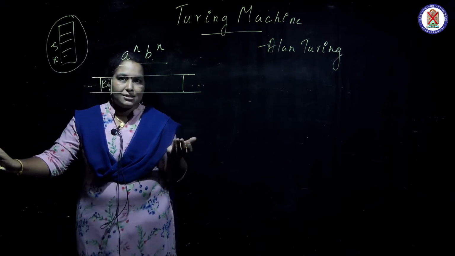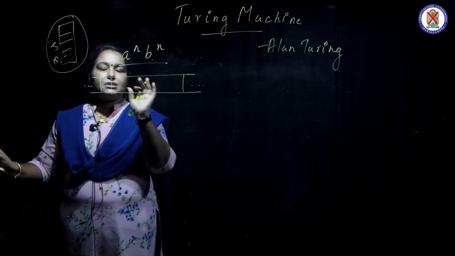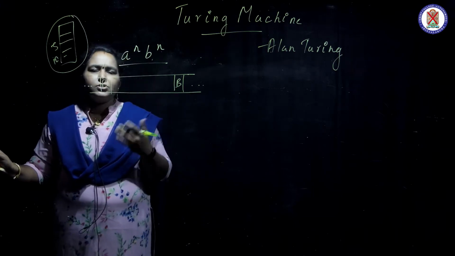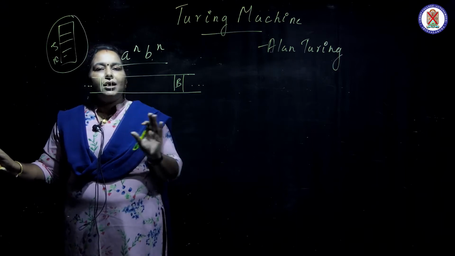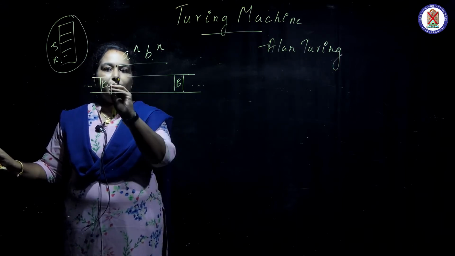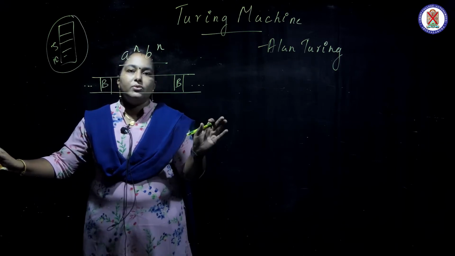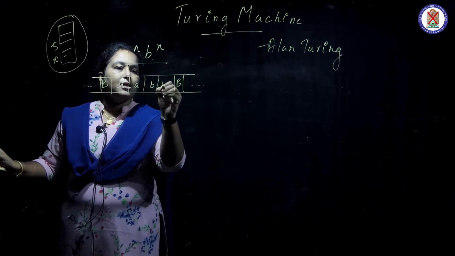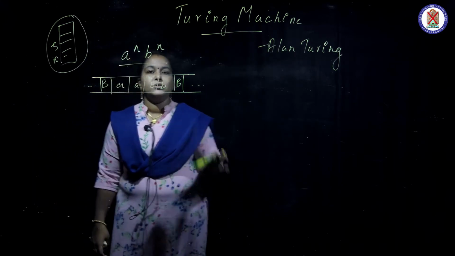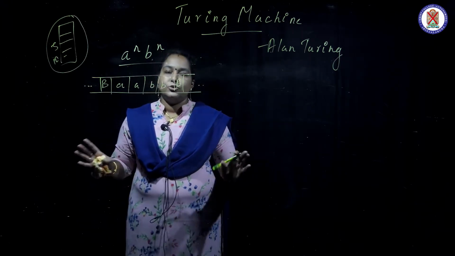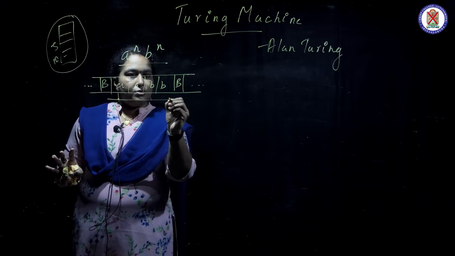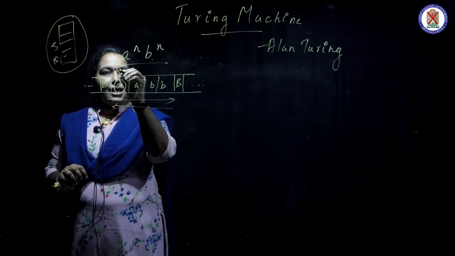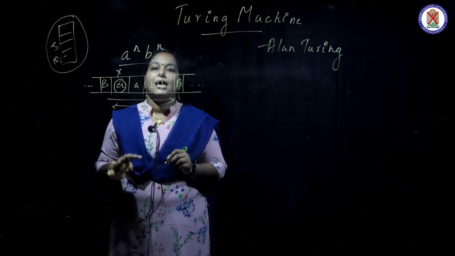Blank can be represented as null, 5, etc., but I am representing it as capital letter B. Whatever delimiters you can use, dollar can be used, that's not a problem, but I am using blank, which is very simple, B. So memorization will also be easy for you. Next, a raised to n b raised to n, I am taking 2 a's and 2 b's for the consideration. Look here, what does the Turing machine do? The Turing machine can move over this word and also this word. Also the Turing machine can make this as X, that is, an a can be set as X.